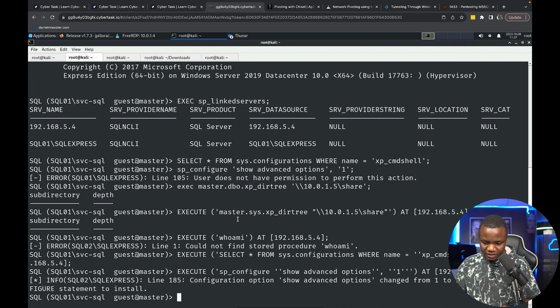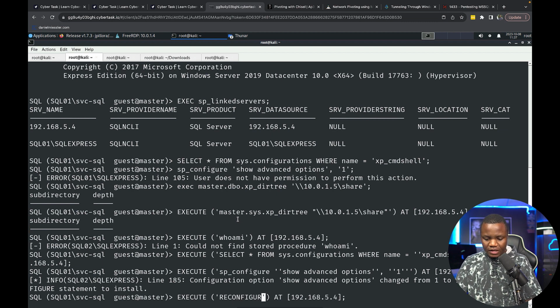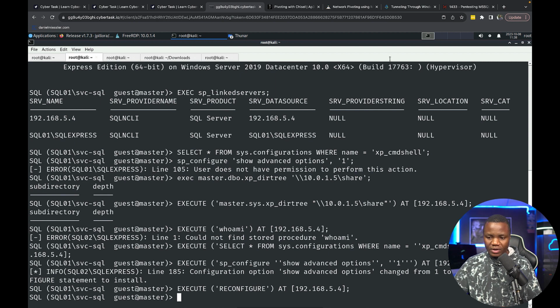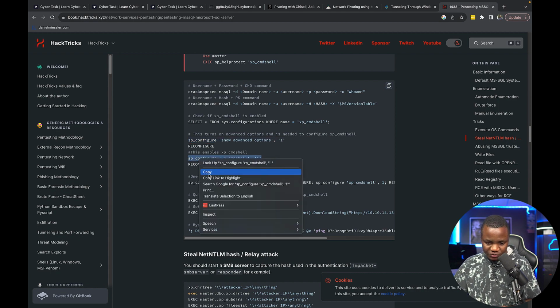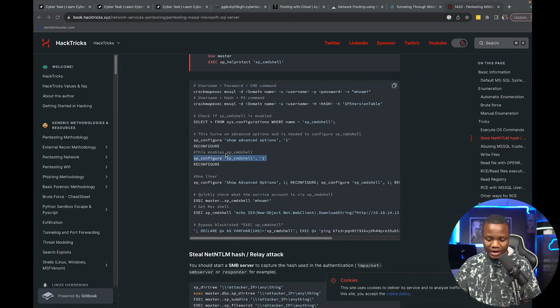Okay, it says show advanced options, change from 1 to 1. Run RECONFIGURE. Oh, that's good. That means that we do have sysadmin rights here. In this case, I need to say RECONFIGURE. So that should have said from 0 to 1. I forgot to reset it after I was done setting up the lab, so for you, it will say from 0 to 1. All right, so reconfigure was done, which is what Hectrix was going to show us here. Then if you really wanted, you can also just do this again and reconfigure. There's a one-liner coming, but